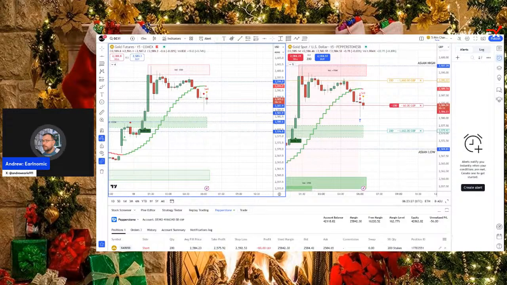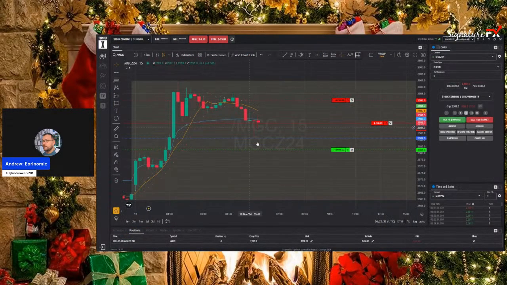Not really liking the range on gold at the moment. We're not really getting much of a move. So yeah, we can see we're not really getting much of a move at the moment, but we're going to stick in this trade until we get a break above these levels here. And I might look at reversing the position. So yeah, we'll see. We'll stay in it for now.